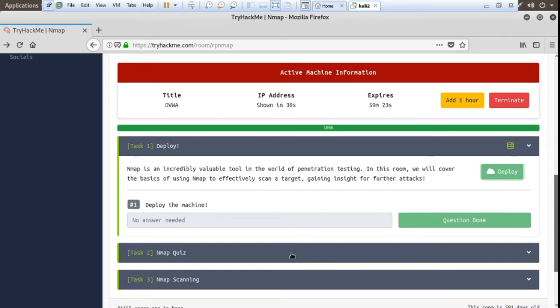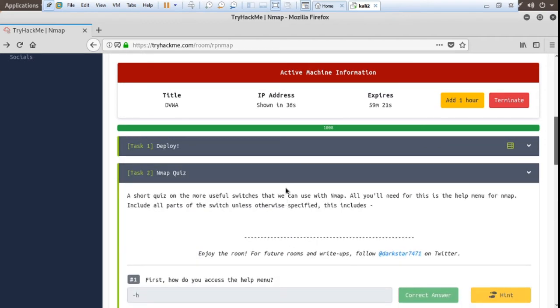So next, now my machine's IP is this. Now I am going to the next task, the Nmap page.